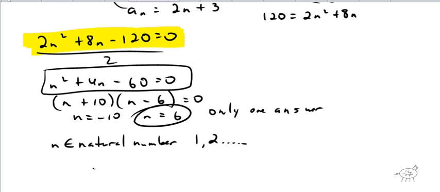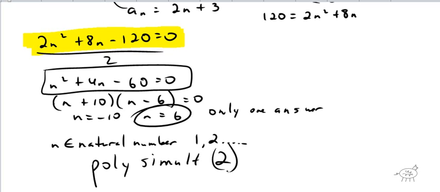Okay, so let's just write that down there, right? Polysimult. And again, it might be 2 or it might be just regular polysimult. Okay, excellent. All right, so let's talk about something a little bit different than